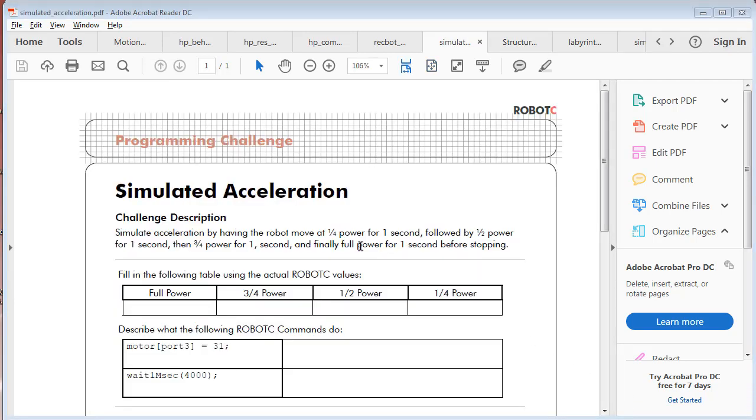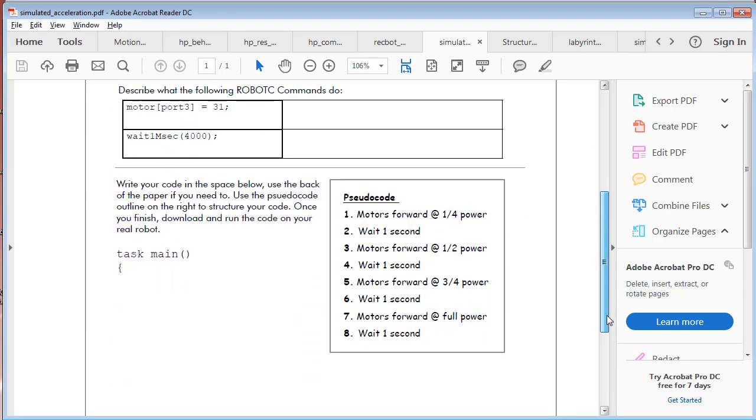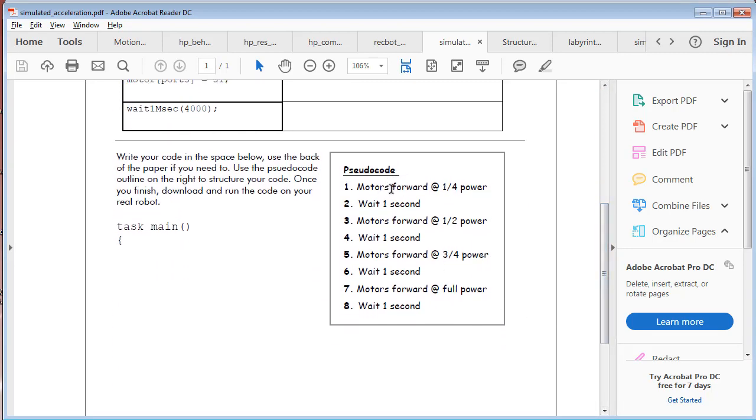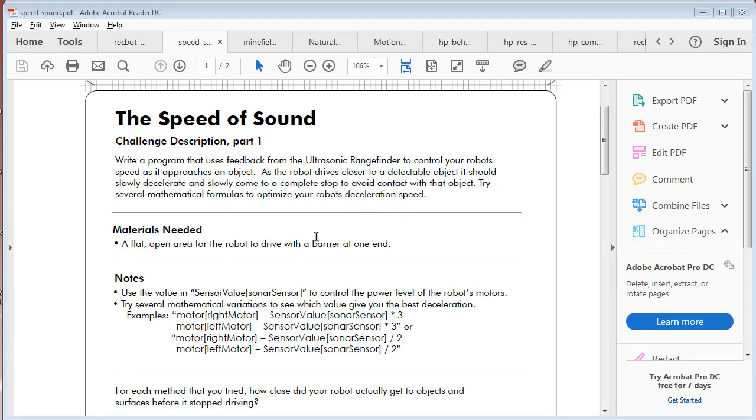And as I mentioned, there are a lot of PDFs that give you some more example problems to work on. So here's one asking a student to move the robot at quarter speed for 1 second, followed by half power for 1 second, 3/4 for 1 second, and so on. This just gives you the pseudo code, and this is something a student can work on to practice what they've just learned. So here's another one,